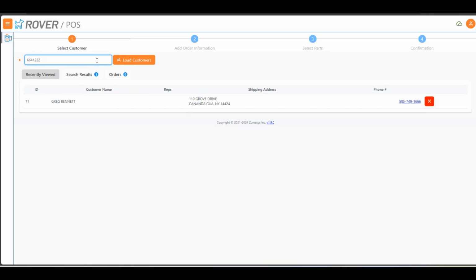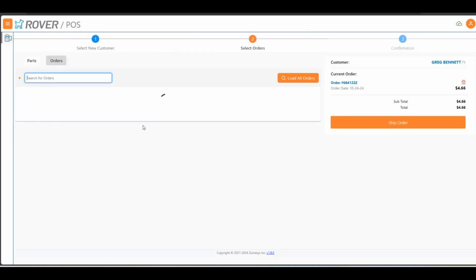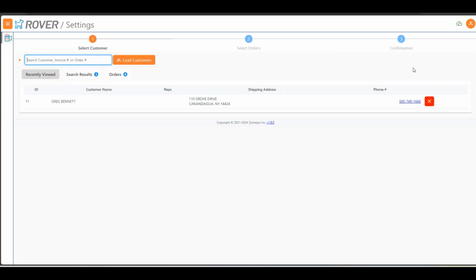So what this does is if you're in POS and you search for an order, there are sort of two flows that can happen. So I paste in an order number there. Without that toggle set, it's going to put that order into my cart to allow me to finalize that order. The alternate flow, if I change that setting,